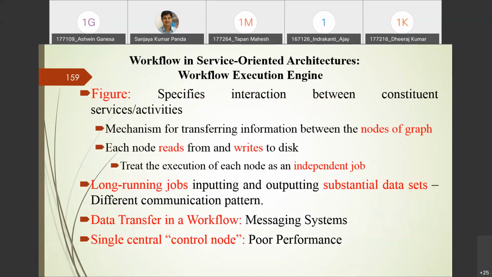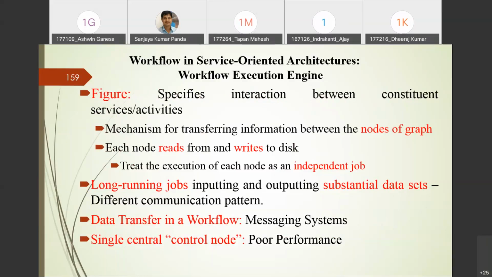While you are executing a single node, you can assume that it is completely independent. But once it is computed, it is dependent, because its output needs to be provided to another component's input. In that context, it is dependent. But execution inside a node is treated as independent, right?